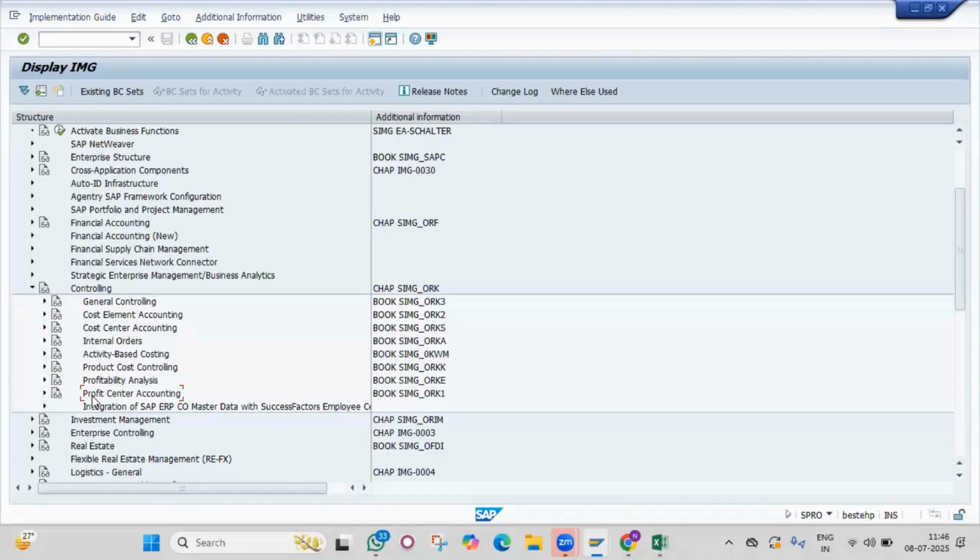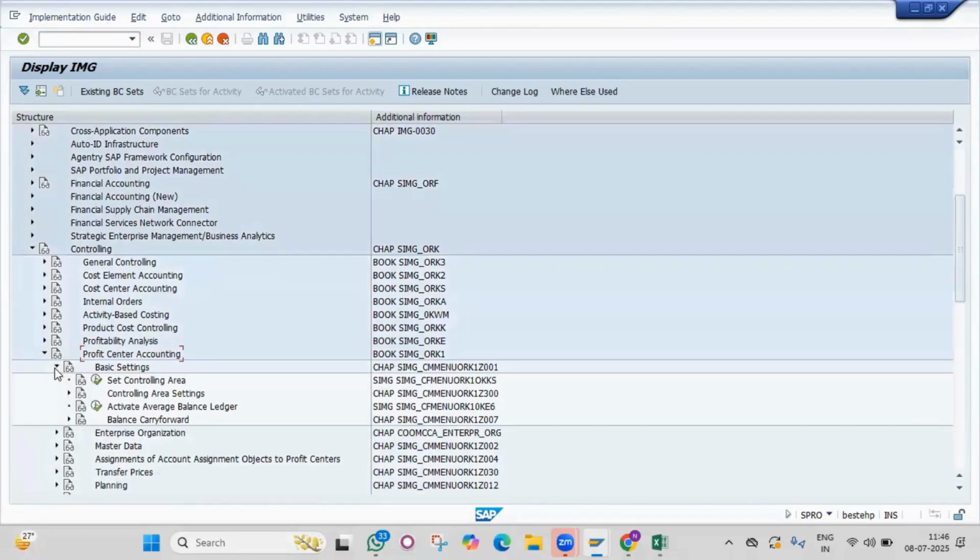Okay, just like business area, segment, we use profit center accounting, but it has much more significance when compared with business area. Profit centers have much significance, and nowadays profit centers are mandatory. Without profit centers, we cannot manage our system. So it's mandatory. If I want to use profit centers, I need to activate them first. How to activate? Let me go to this step,